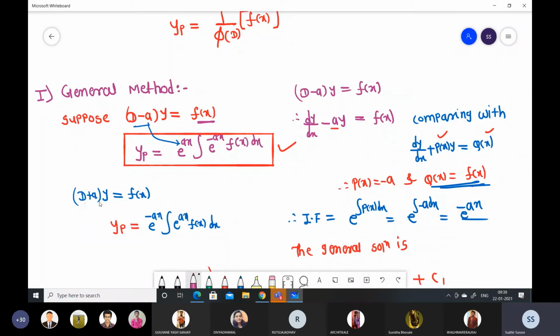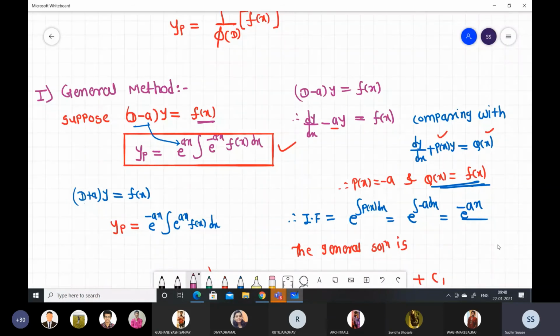If there is a negative root, then outside we have a negative exponent, meaning if there is a positive sign here, then of course you will get a negative root. So d plus a, then negative outside. If d minus a, then positive outside, and inside change the sign of this exponential term, and f of x means the right hand side, whatever function you have, write it as it is, and solve this integral, and once you solve it, you will get the particular integral. So the particular integral plus your complementary function together will represent the complete solution or general solution.